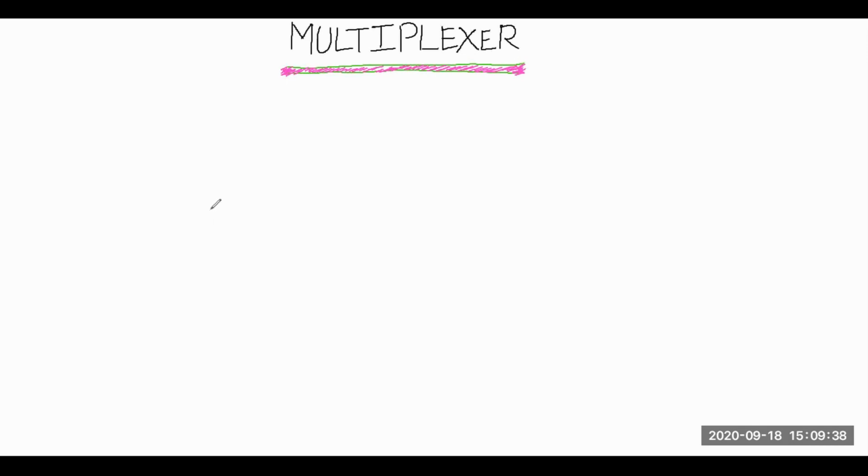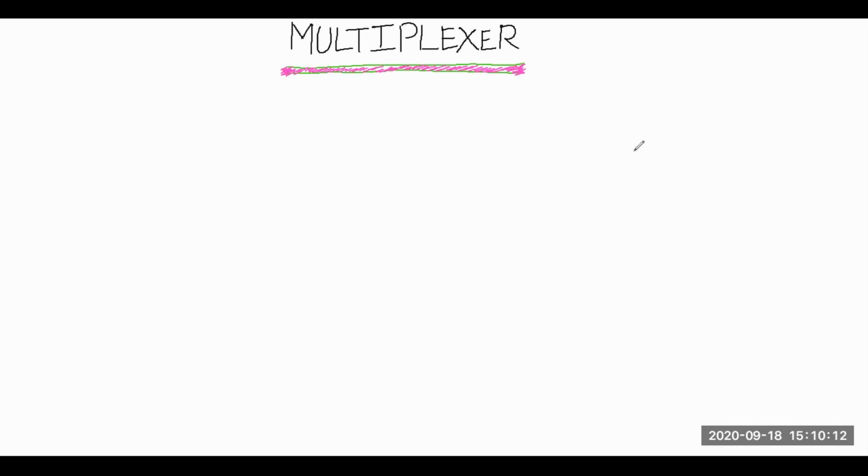In today's lecture, we will discuss multiplexers. A multiplexer is basically needed whenever you are sending data in a single channel and you have multiple channels. So for connecting that single channel to those multiple channels, you need some device, so that a number of channels can be transmitted into a single cable or single channel.